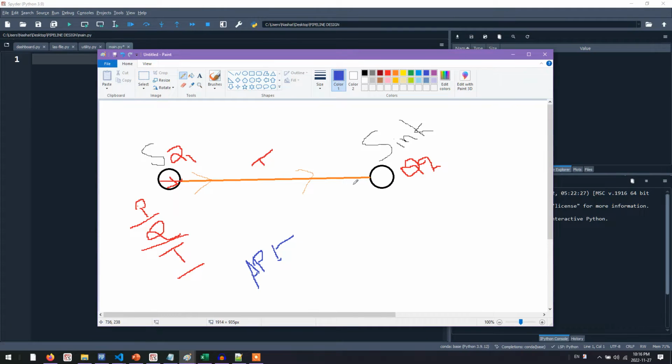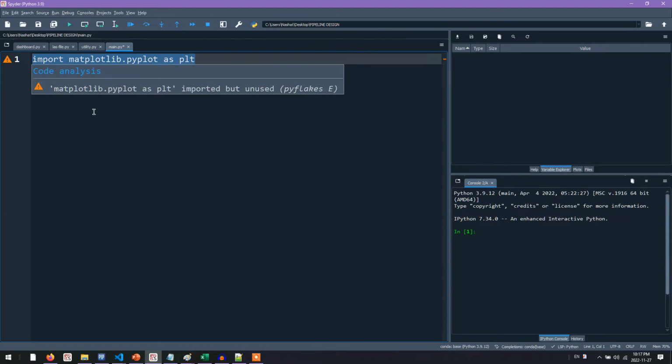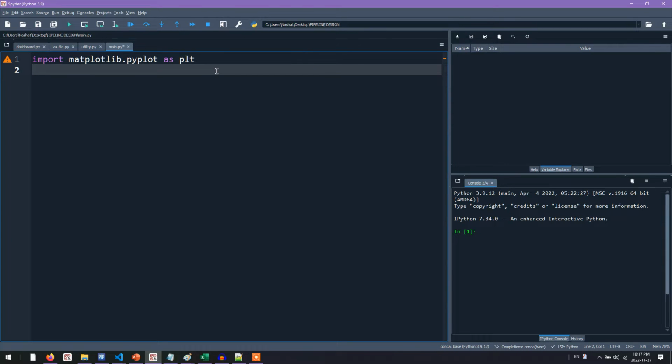Without further ado, let's go ahead and try to program a solution that designs this hydraulic calculation for us. So it should be very simple and basic. So we will import matplotlib.pyplot as plt. So this is going to be our plotting library of choice, by the way. And second thing we need a